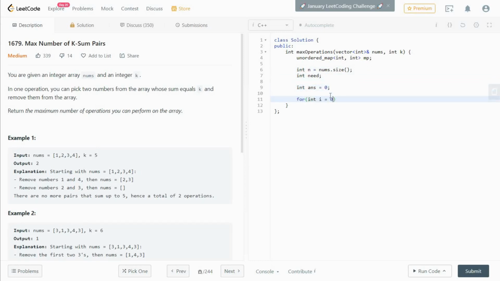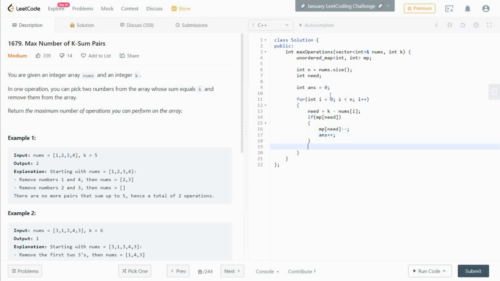Then I parse over the array. nums of i is our current number, and therefore need is equal to k minus nums of i. Now if need is present in the map, then I need to decrease it by 1 and increase the value of answer by 1 as well.